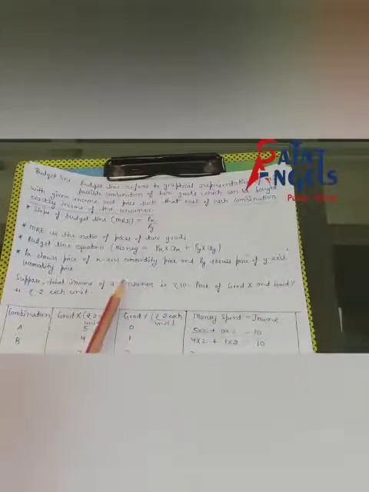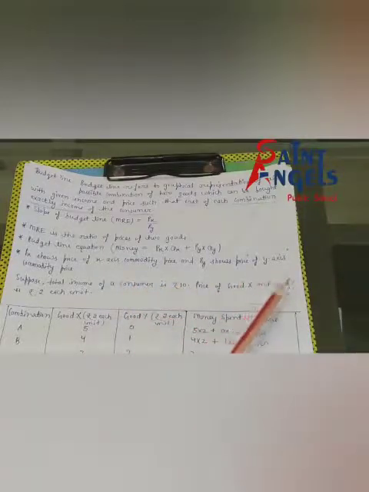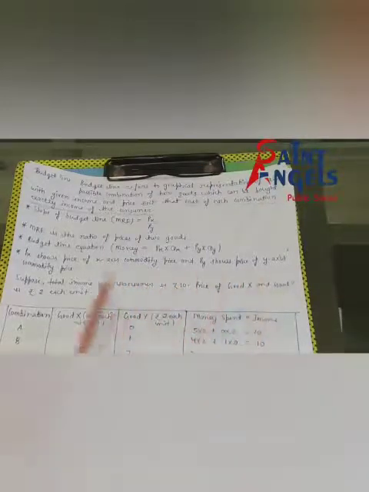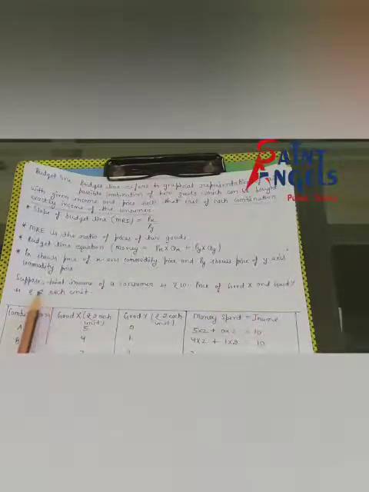And see, suppose the consumer spends the entire money on good Y. On good Y, the consumer can also purchase 5